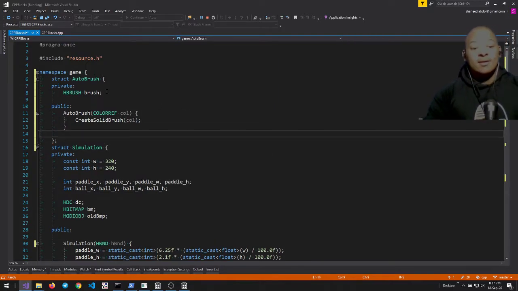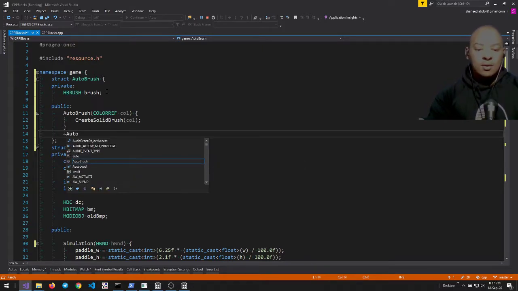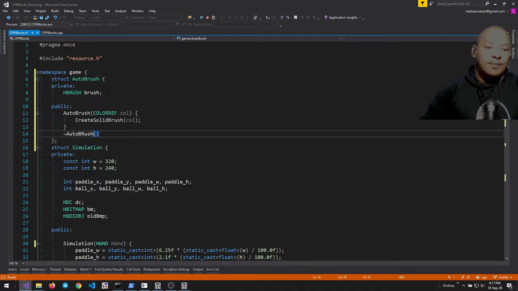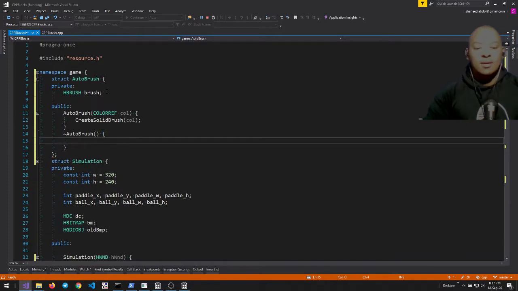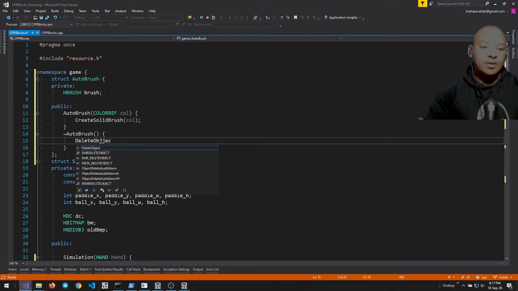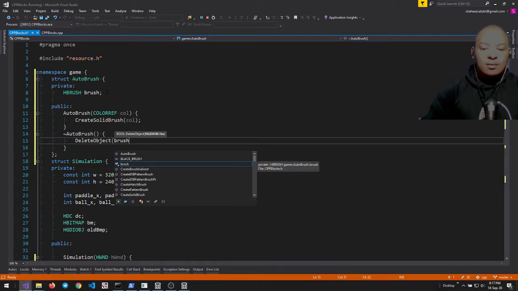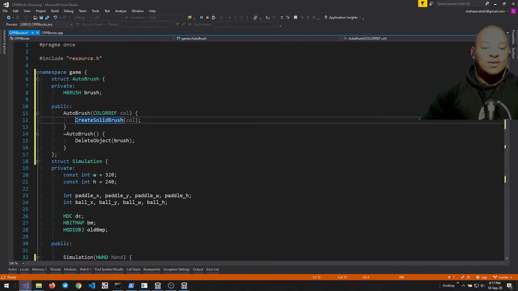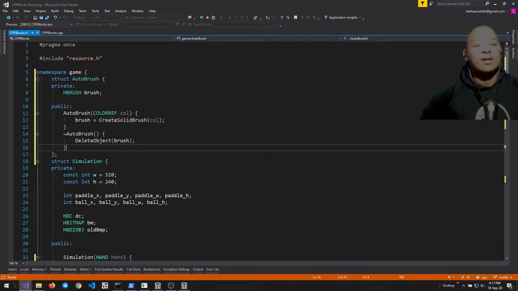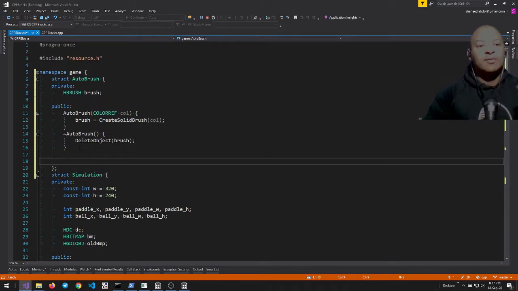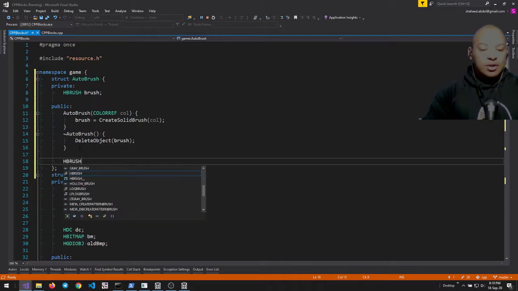And then in the destructor for this thing, auto brush, in the destructor we say okay, delete object brush. Oh, and then something fundamental I missed. Brush equals create solid brush, right? So now we have a handle to this thing, but we need to be able to share that handle with Windows, and we just do a HBRUSH get